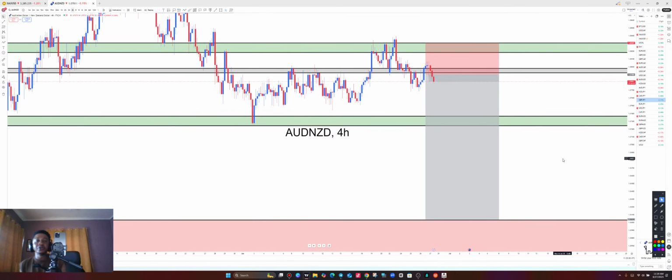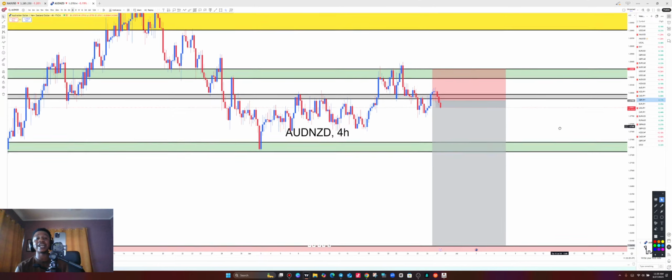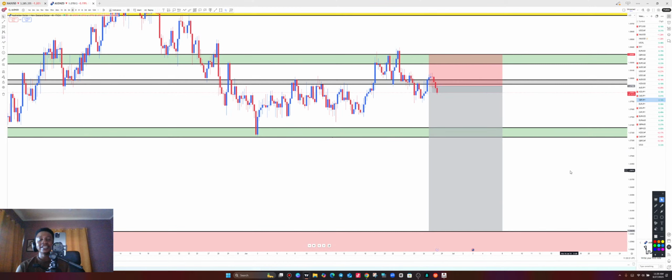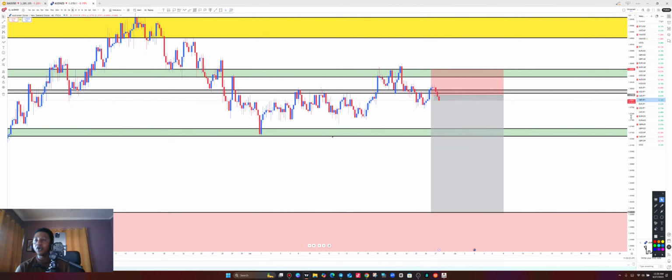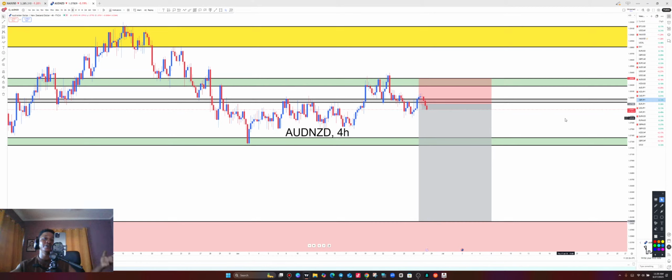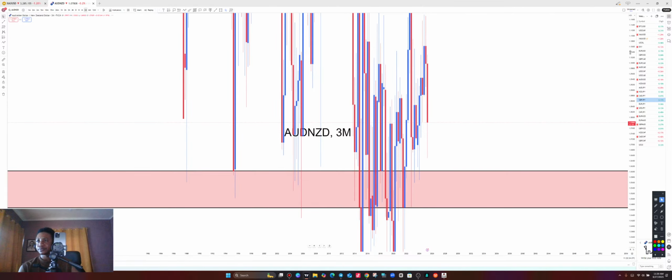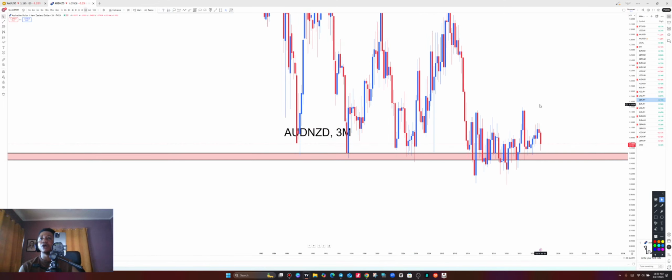Okay, I told you guys that we're going to be picking a selling opportunity. You can clearly see that price is moving into profit like we analyzed yesterday. So yesterday I told you guys that on candle confirmation after price makes contact here, we are going to sell. Okay, and we have seen a reversal candle here, which is an evening star. So price is moving as it is to the downside. But let's go through AUD NZD. Let's repeat the analysis that we did yesterday, know where price is going again, and then continue with more sales. All right, let's continue. So AUD NZD. Let's take it all the way to the 3 months time frame. All right, so this is the 3 months time frame of AUD NZD.